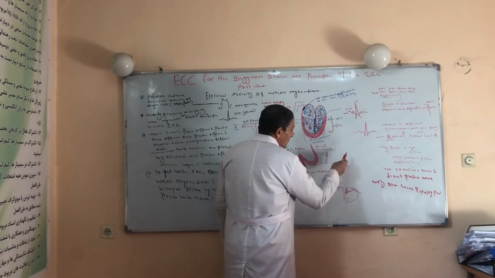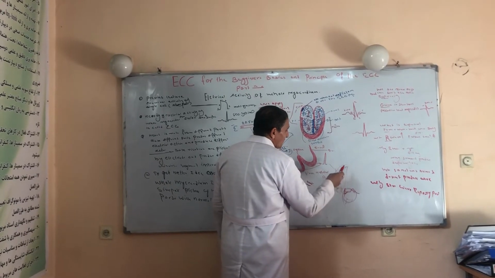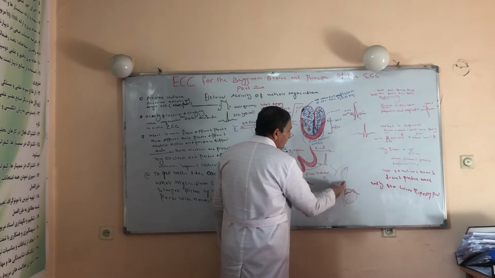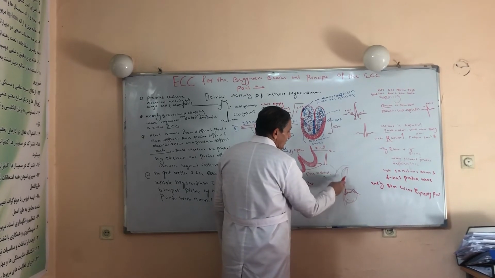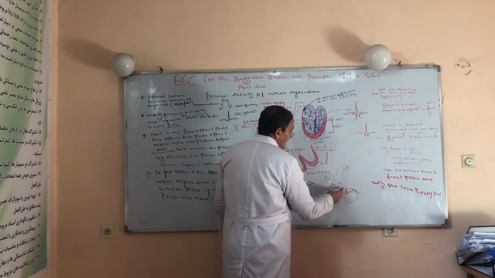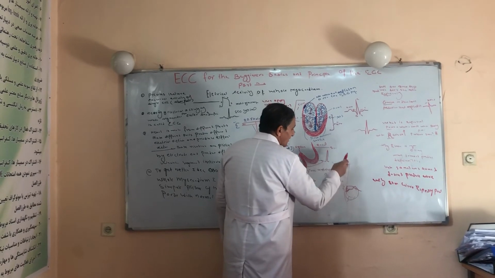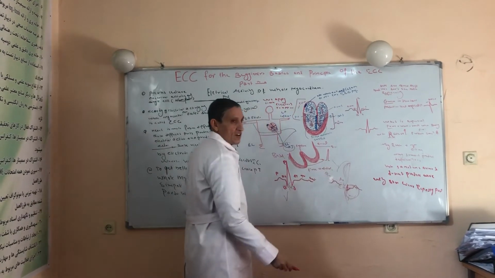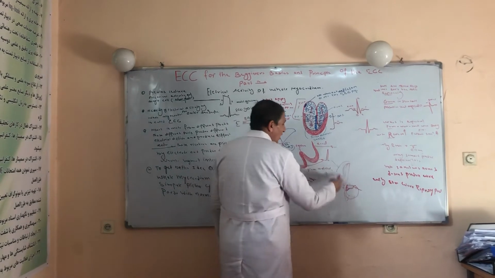Both ventricles produce a large wave. Why a large wave? Because both ventricles are larger. Why is it produced quickly? Because it is supplied by Purkinje fibers. And second, why is it a larger wave? Because the left ventricle is large. This is the mechanism by which the R wave is present.